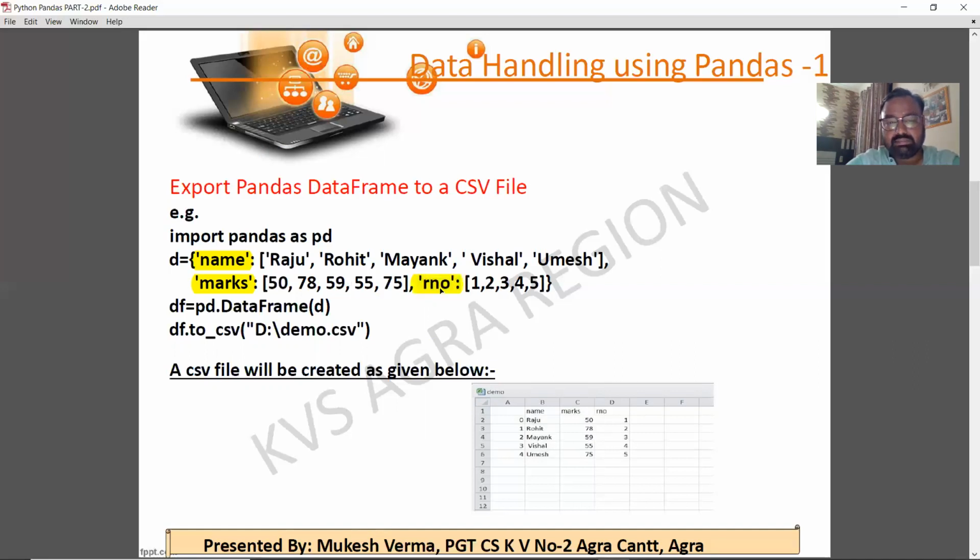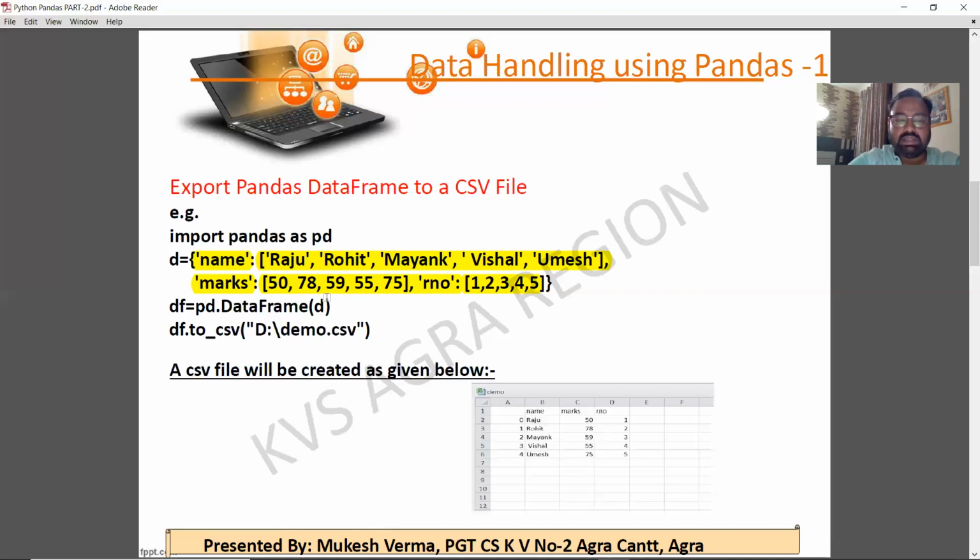So these three are the keys of the dictionary. Against these keys we have values in the form of lists: this is the first list, this is the second one, and this last list is for the third key. So this is the complete dictionary declared as d.